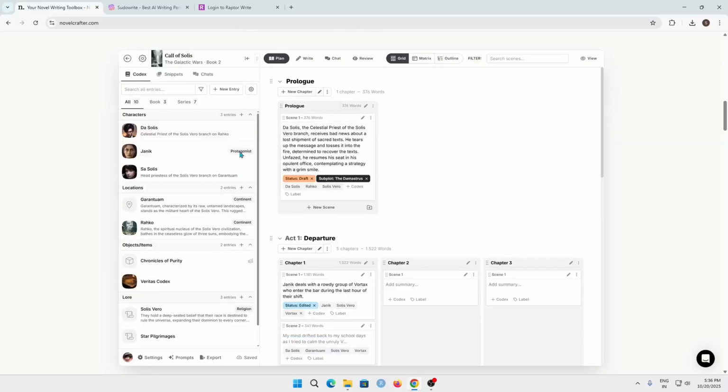As you can see, this is the main page once you log in and take a subscription on this website. As you can see, there are a lot of options. The first one, at the top left corner, is called Codex, where you can write and enter new entries of your characters of the story, then the locations, objects, etc. Also on the left bottom side, you can see settings, prompts, export, and there are numerous options and tools for you to try and test out.